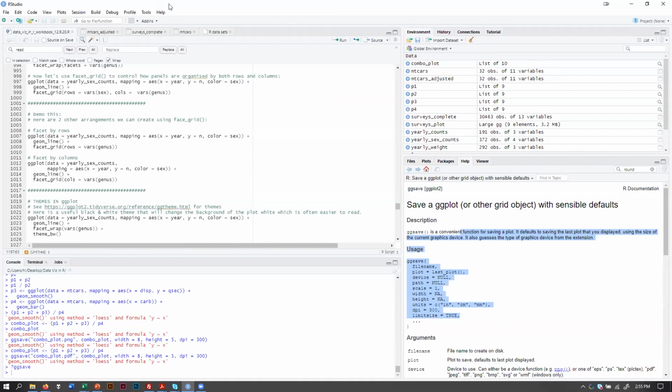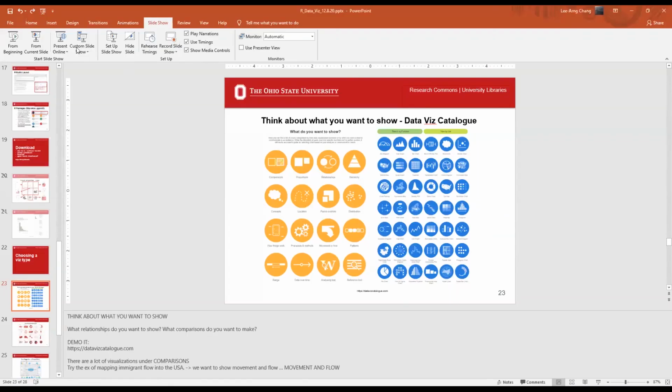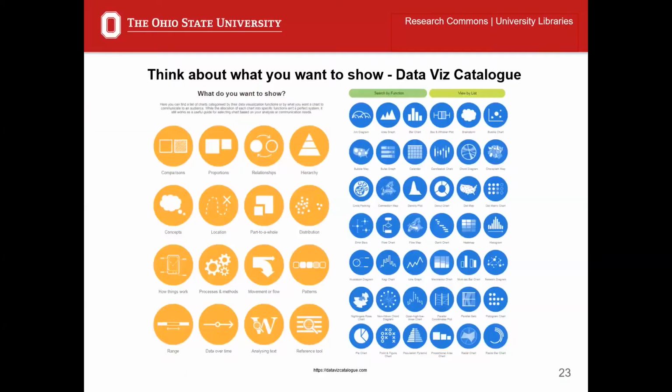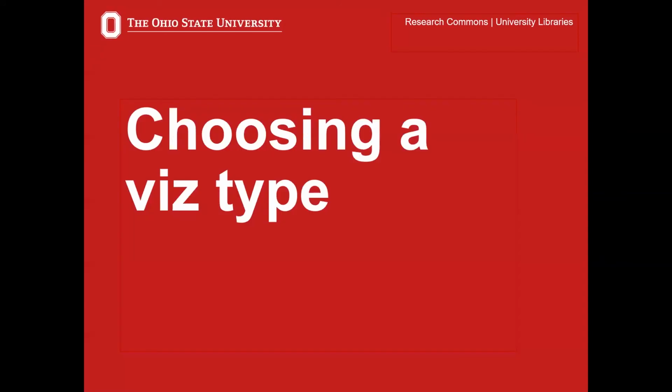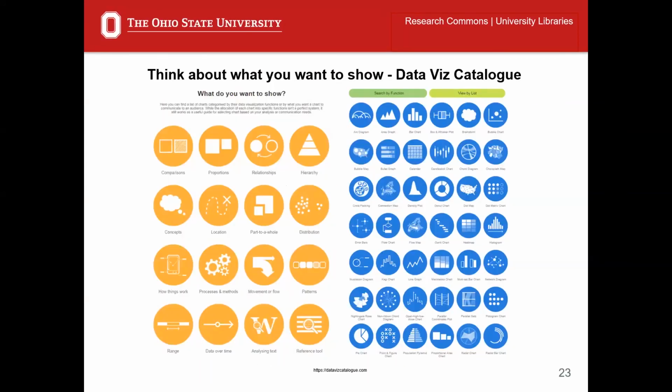Let me finally, before I open up to any last questions, share with you any further resources. So there's two websites that are really useful. One is called DataVis Catalog.